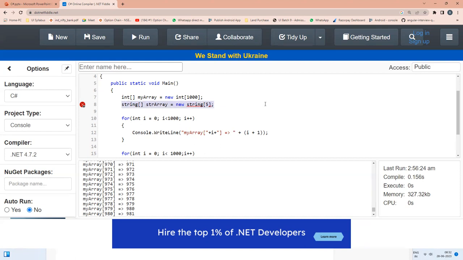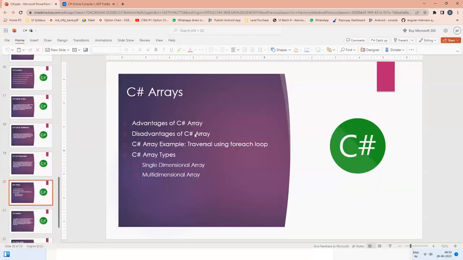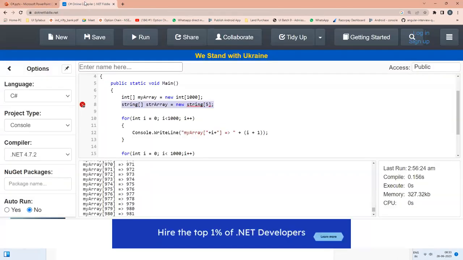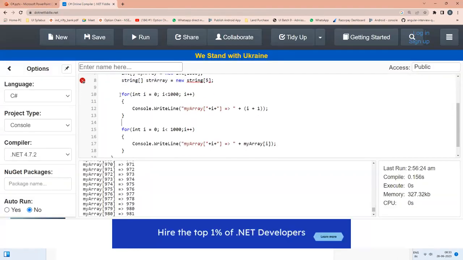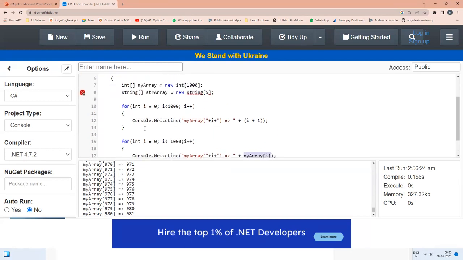ओके. सो या सगळ्या गोष्टी आहेत. नेक्स्ट आहे ट्रॅव्हर्सल युजिंग फॉर इच लूप. ओके. फॉर लूप एक आहे आणि फॉर इच लूप पण असतो. फॉर इच लूप म्हणजे काय? बाय युजिंग द फॉर लूप वी कॅन इटरेट बाय इंडेक्स. ओके. तुम्ही बघू शकता. या ठिकाणी आपण इंडेक्स बाय इंडेक्स इटरेट केले. या ॲरेमध्ये ज्या काही व्हॅल्यूज होत्या, त्या व्हॅल्यू आपण